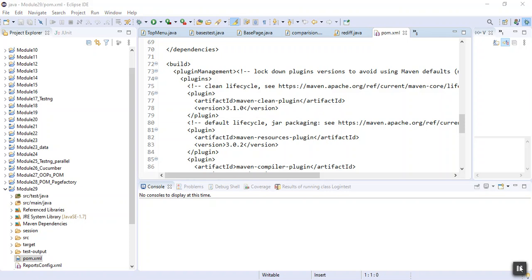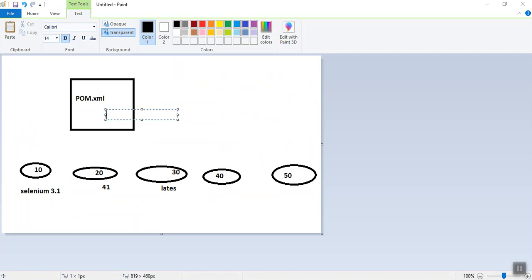If you go to the seleniumhq.org website, in the download section, you will have the Maven information for Selenium. There you can get the dependencies. Even from the MVN Maven repository you can get the dependencies. Got my point? This pom.xml will be given to all the team members.